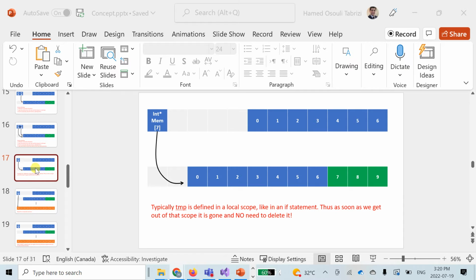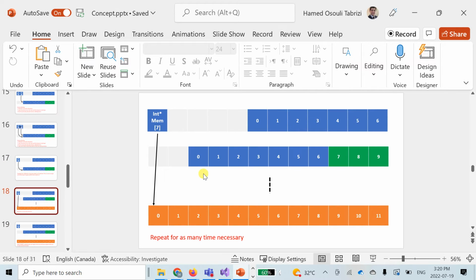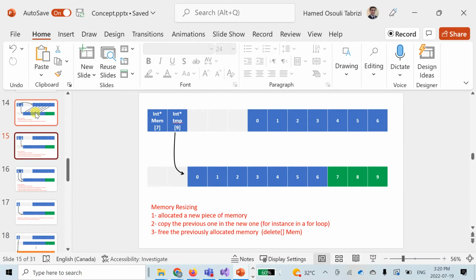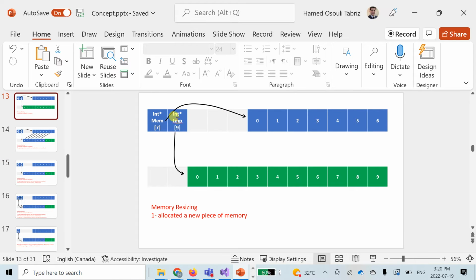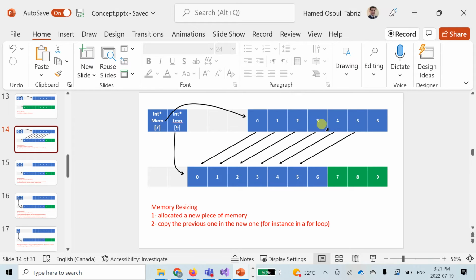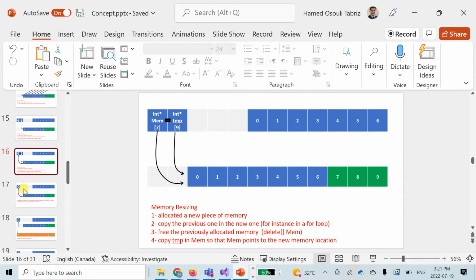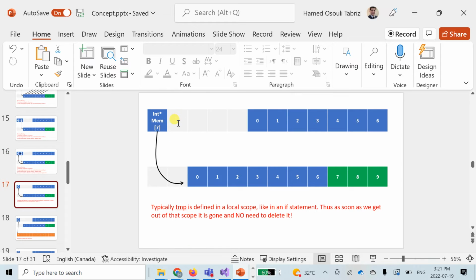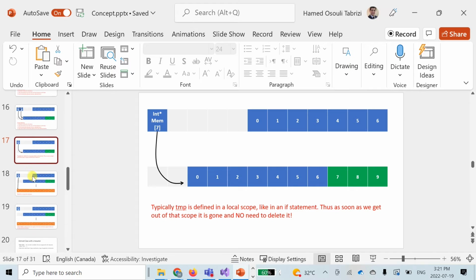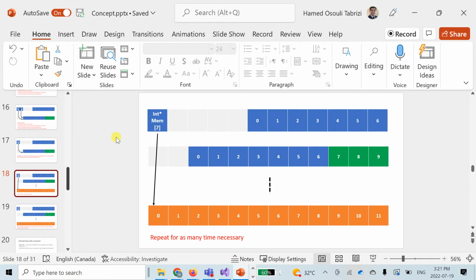But this can be the case even with dynamically allocated memory. So imagine we had dynamically allocated memory and we repeat the exact same thing that we did here. Allocate a new piece of memory and then copy these two pointers. So this also points to the new location, and then delete the previously existing pointer. It can be the same procedure if both memories are allocated memories. This is the case